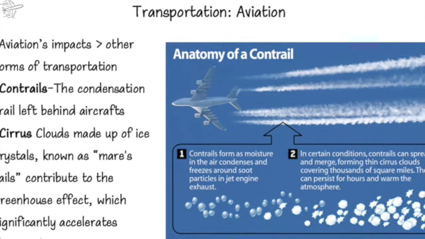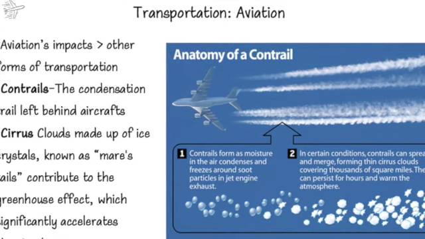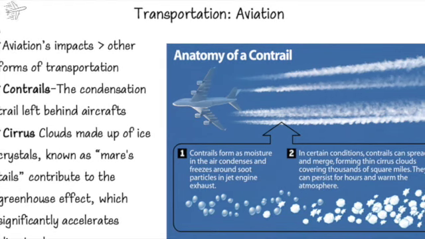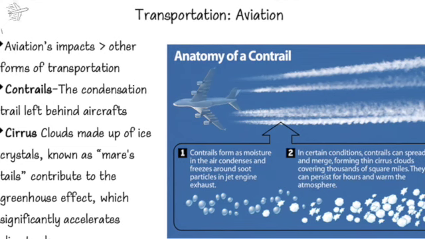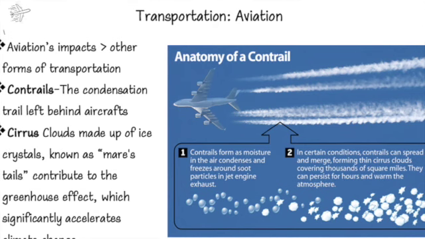Additional contributors include nitrous oxides, soot, sulfate particles, and water vapor, which lead to the formation of contrails and cirrus clouds at altitude. It has been estimated that in certain heavy air traffic corridors, cloud cover has increased by as much as 20%. An increase in cloud amount changes the region's radiation balance.